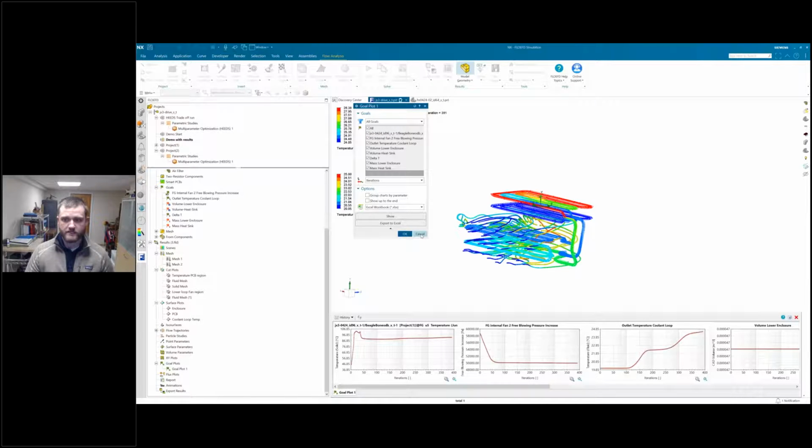These can also be seen during the solution run. So you can define cross sections as well as plots like this to be seen during the solution, so that it's not a black box while the solve is happening. You can see what's going on to make sure this is going in the right direction and I don't need to make a change before I spend a whole bunch of time solving this.